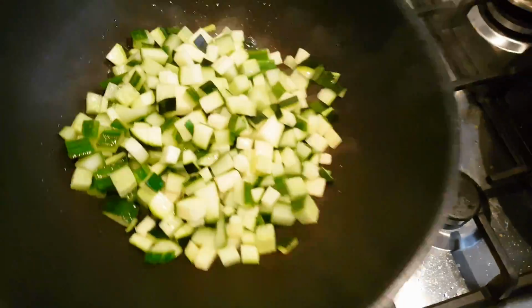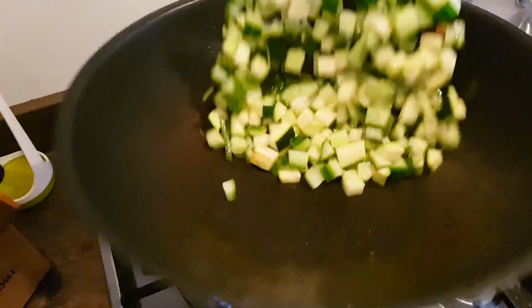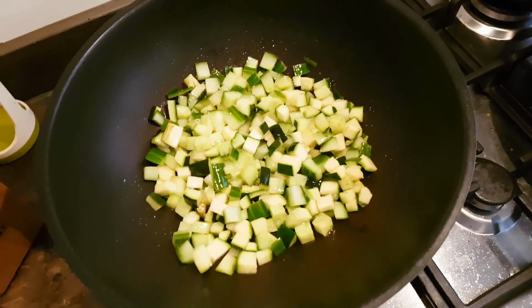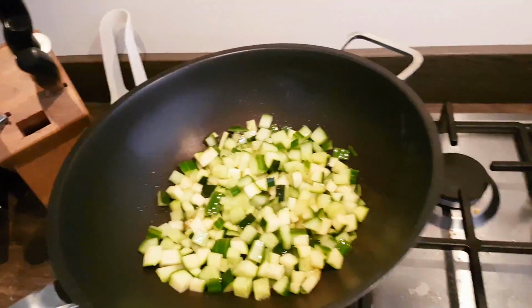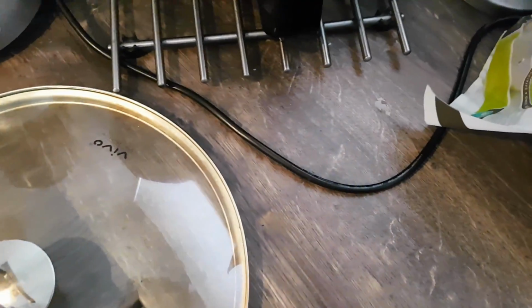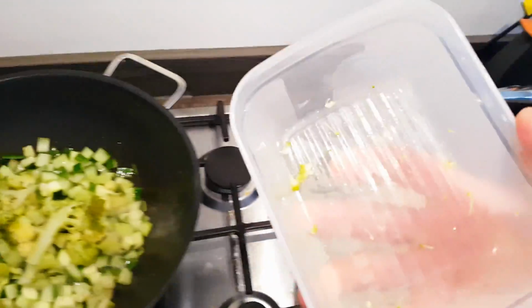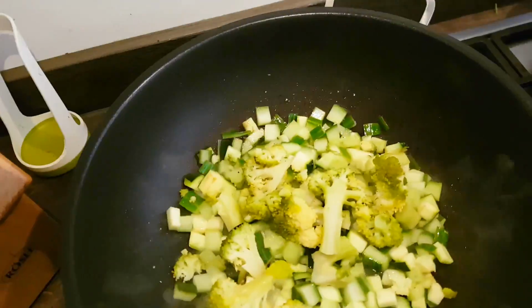Now these vegetables are enhanced with the coconut oil. Now we're going to add a little bit of broccoli that I actually pre-cooked already, and that'll make this meal even more complete, even more voluminous. As you can see, it's a little bit of broccoli, already pre-cooked it yesterday. Stir it up a little bit,